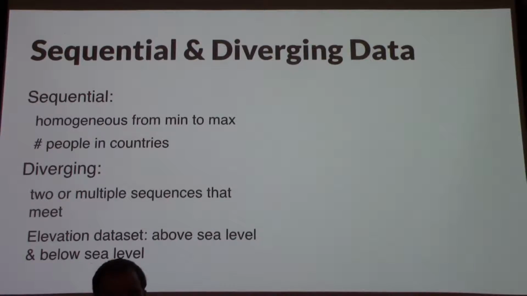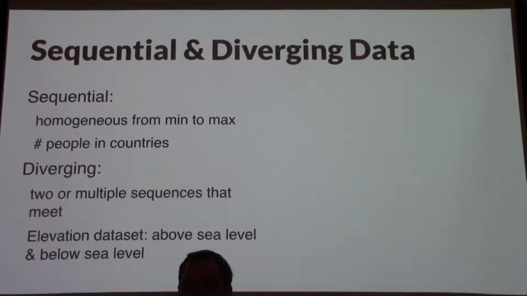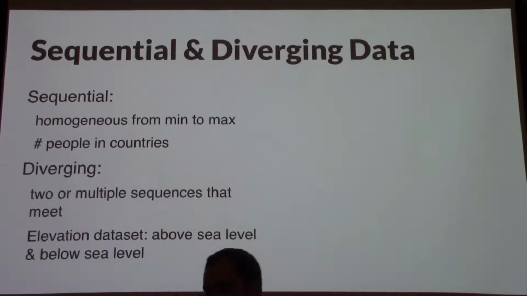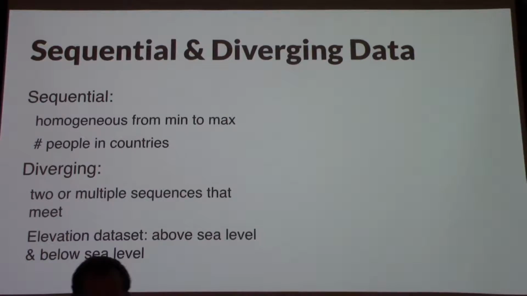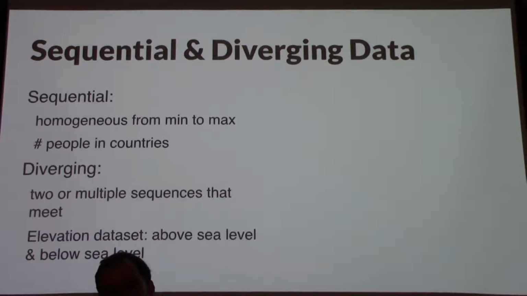A lot of data, when we talk about continuous data, is sequential. So we have a homogeneous flow from a minimum to a maximum. For example, the number of people in a country starts at 0 and goes to like 1 billion and something in China. If you have diverging color scales, then you have 2 or multiple sequences that meet. These could happen if you have, like, 0 degrees Celsius or Fahrenheit, this arbitrary 0, but you could also have more meaningful